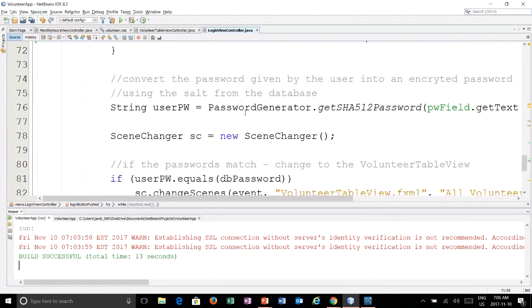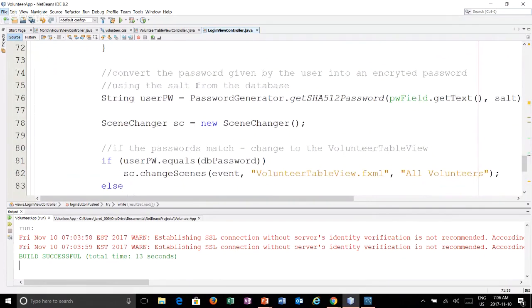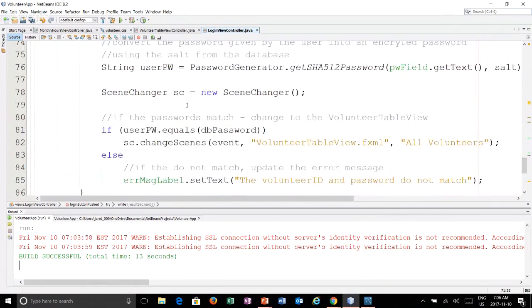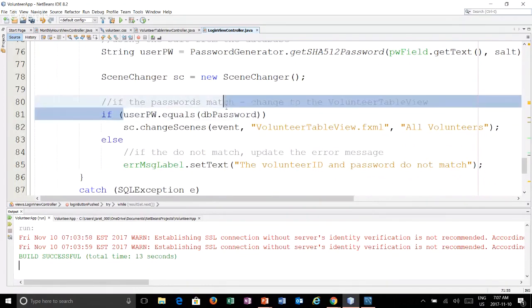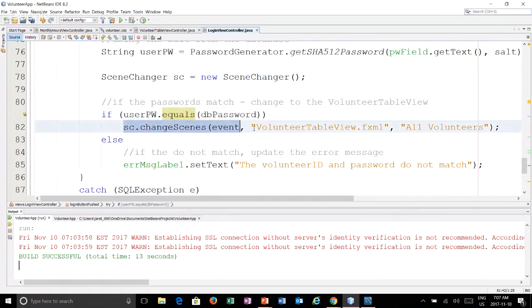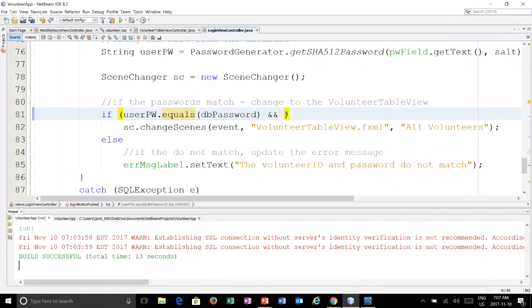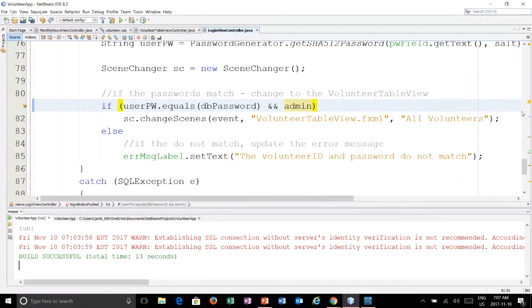We create the password, make this a little bit smaller so we can see it. So we're going to take whatever password the user gave us, and then we try to validate it. And right now we say, well, if the password's valid, change scenes to the volunteer table. But now we need to do one extra little check. We're going to say, well, if the password's valid and admin is true, right? So we can just say and admin because it's Boolean, it's going to be true or false. So if that's the case, then we're going to go to the volunteer table,